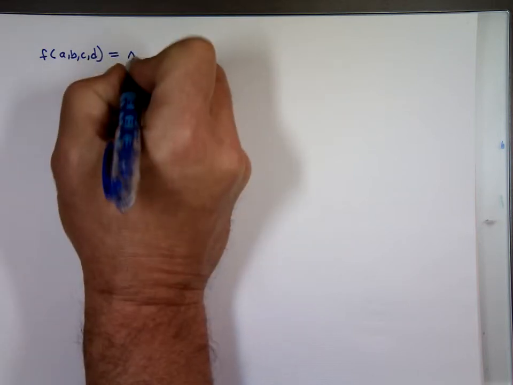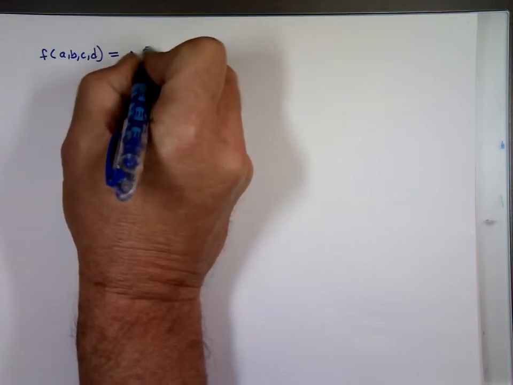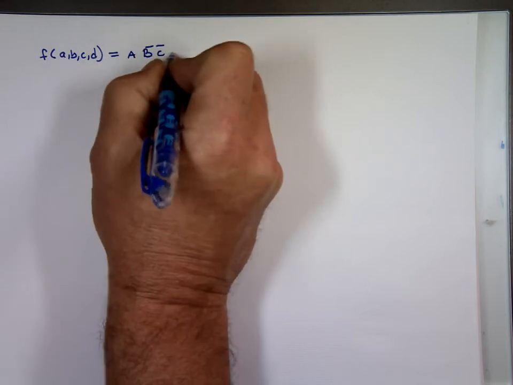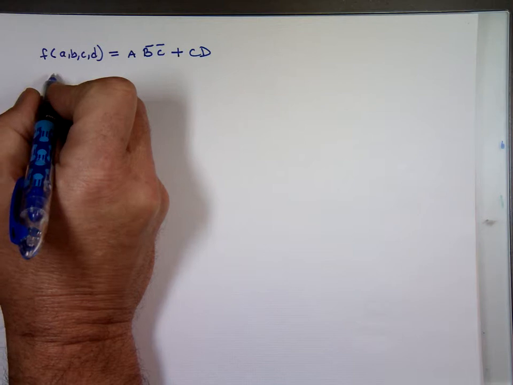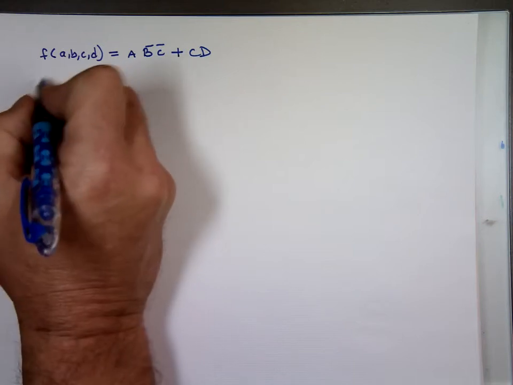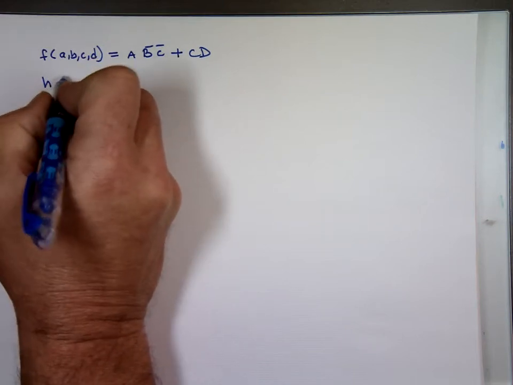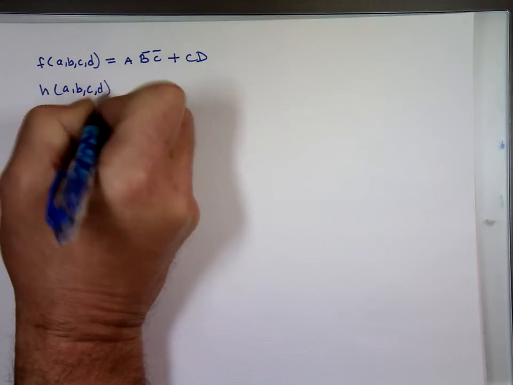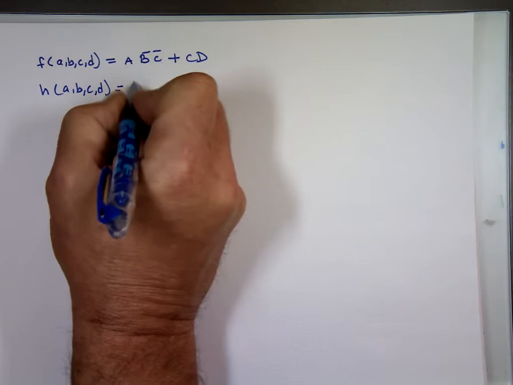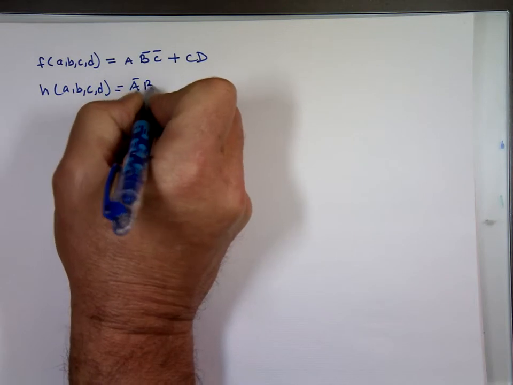It's A B bar C bar, plus CD. The second one, H of A, B, C, and D. And this one, A bar B C bar,